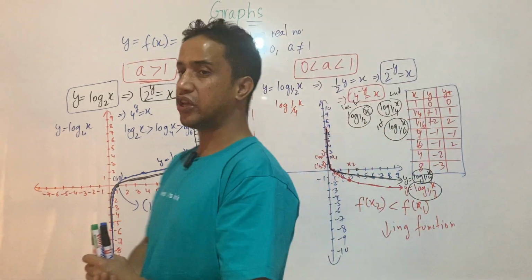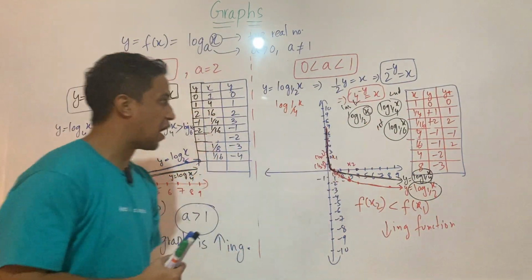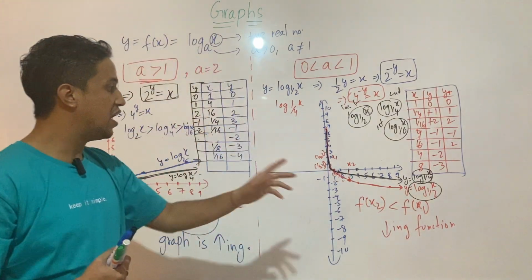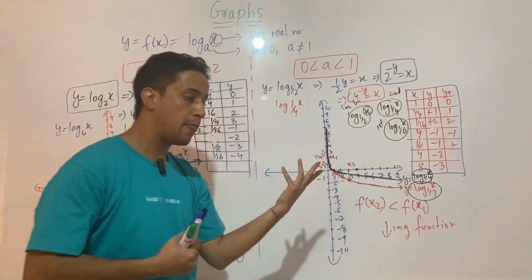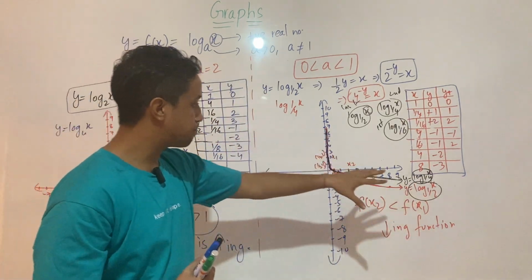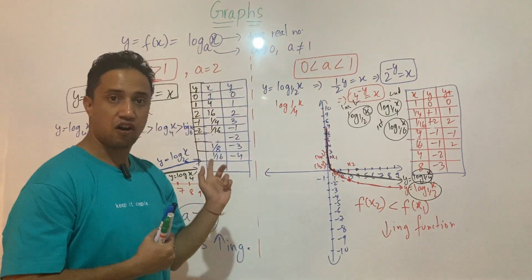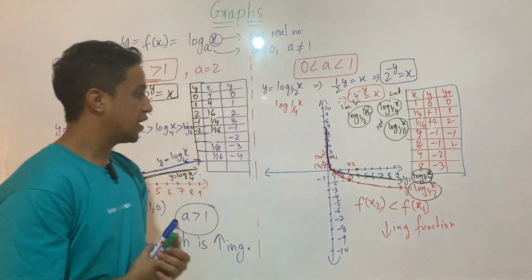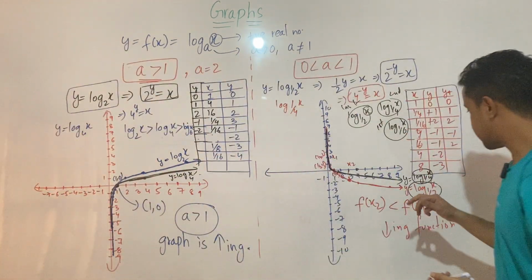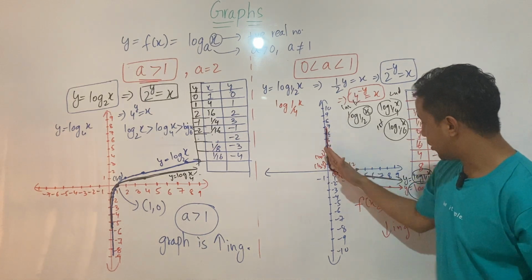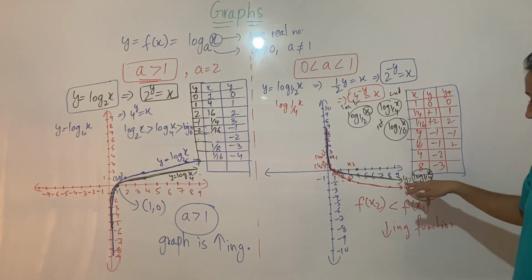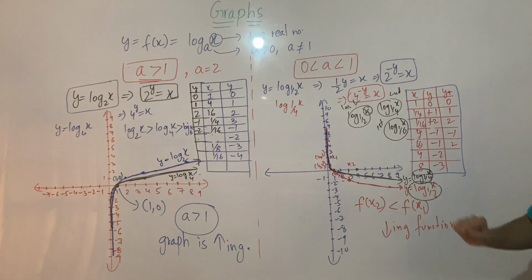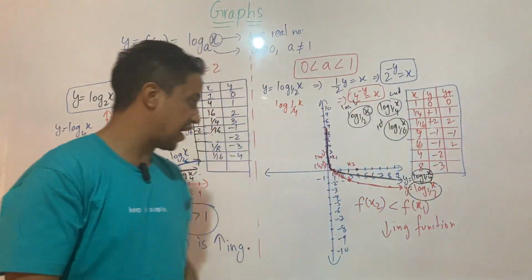So today we are just going to observe a few things. After I sketched the graph for log of x to the base 1 by 2, I did the same thing for log of x to the base 1 by 4. Okay, 1 by 4. So this black color represents my graph for y equals log x to the base 1 by 4. Then if you compare both of these graphs,